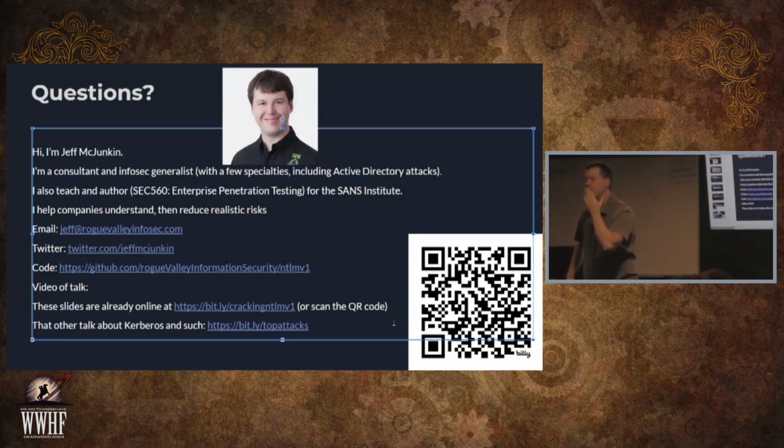And last question. The question is, can you force rotation of computer account passwords? Yes. By default, they're rotated every 30 days, and it is rather easy to do so. However, if you wanted a sneaky persistence mechanism, Sean, Netcat, has a whole bunch of sneaky AD persistence. One of those that he doesn't talk about that I think is awesome and terrifying